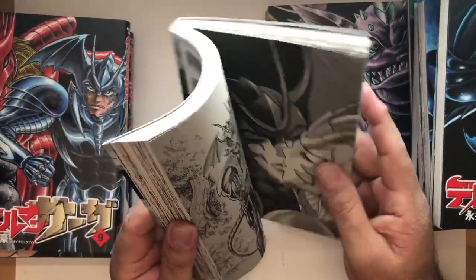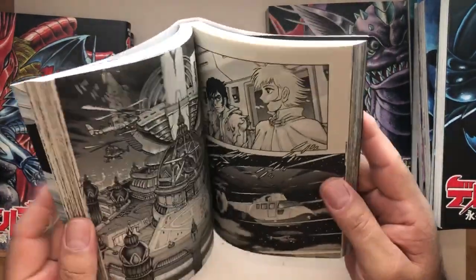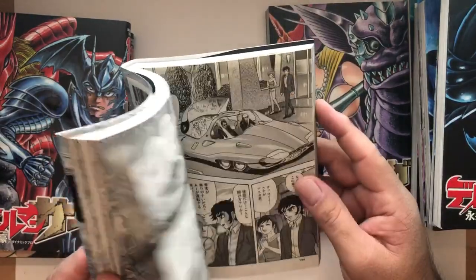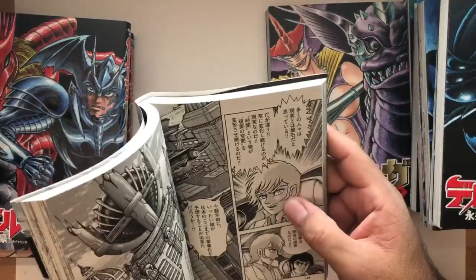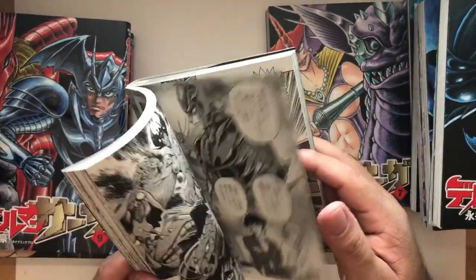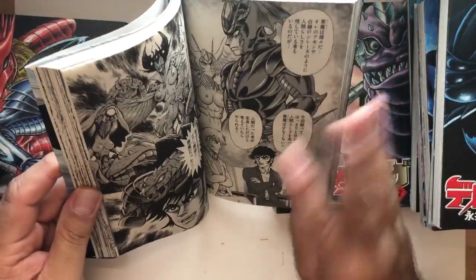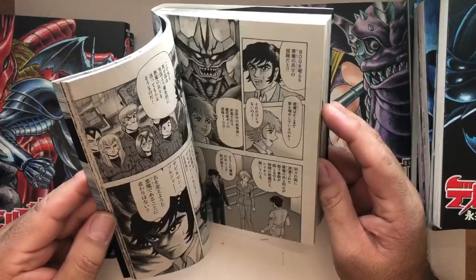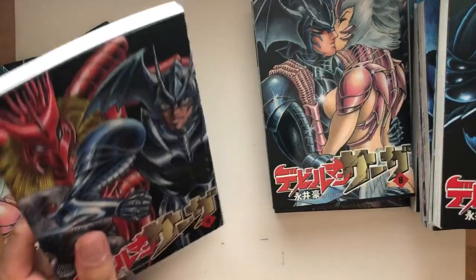These are 12 volumes of artwork. It is different than the Susano Oh, that 70s prime work of his. The character designs definitely have to be on model, basically. Rio looks like the Rio from the other series. But it's a more modern style of art, I guess, even though it's still got that Go Nagai cartoony character design, which is one of the things I love about the work. But anyway, volume 9,